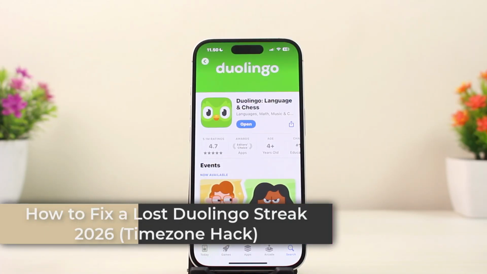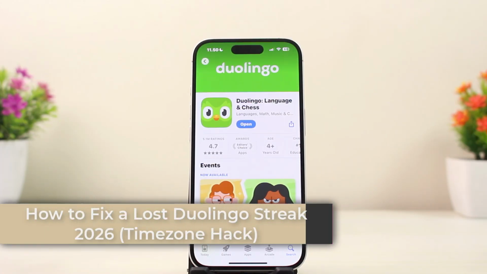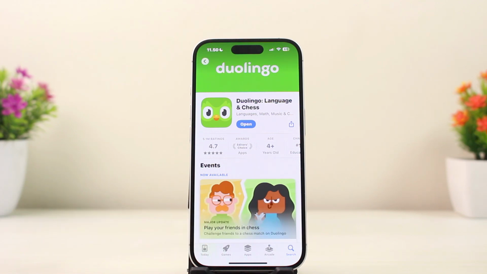So today we will talk about how to fix a lost Duolingo streak by time zone hack. To fix a Duolingo streak by using the time zone or date hack, you can manipulate your device's date settings to go back in time and complete the missed lessons. This works by convincing the app that you did not miss a day, which can be done on both mobile